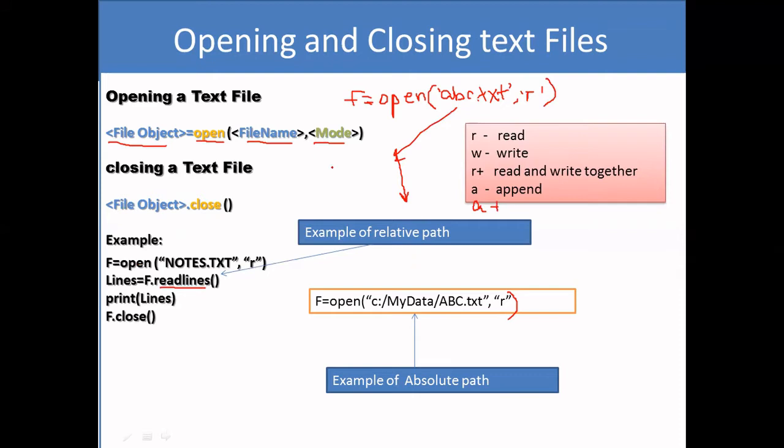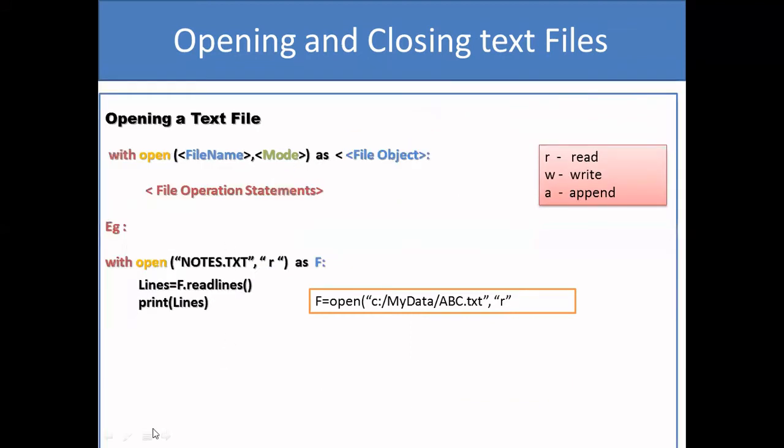You close it with the help of file handle, f.close. So for closing, you have to use the file handle. Now, the next way to open a file: in that case, we need to close also, right? But if we are opening the file with a keyword, the difference is that there is no need to close the file. There is no need to close the file.